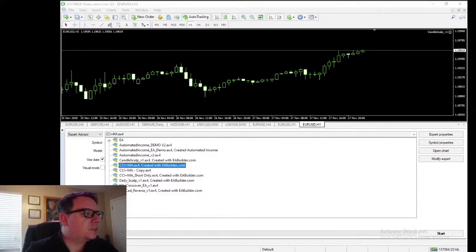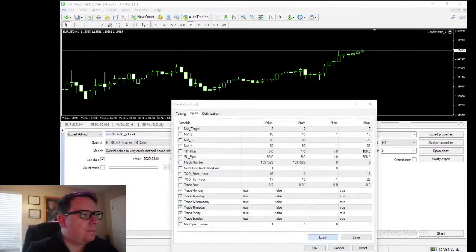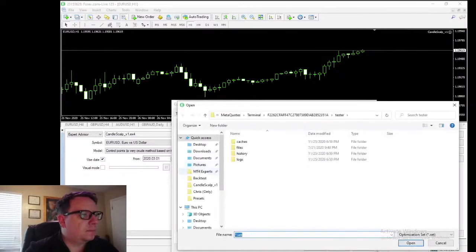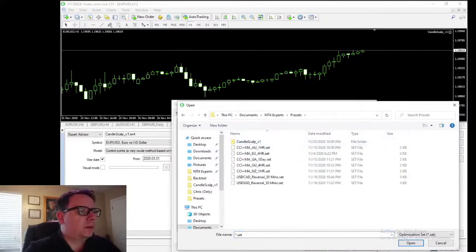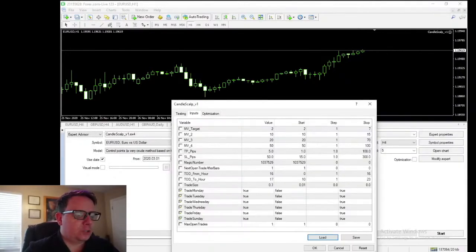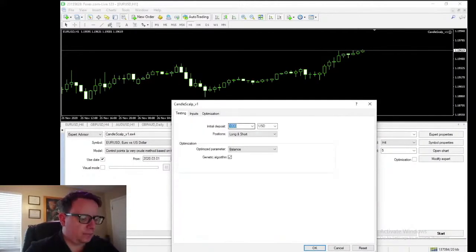the scalp. Oh, candle scalp. Okay, and let's go to Expert Advisor. Let's load a preset. All right, MT4 experts presets. These are the presets you'll get when you buy the full package. Okay, let's go to candle scalp. Let's put in the 4-hour. Let's open 4-hour. And let's change the trade size to 1.0. Let's change our money to like